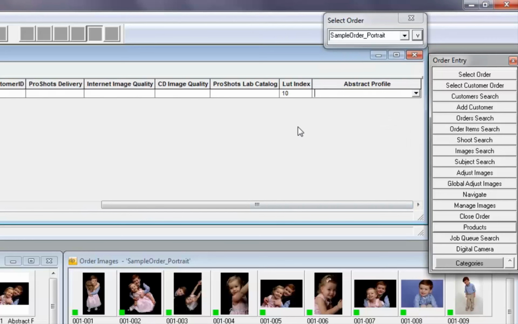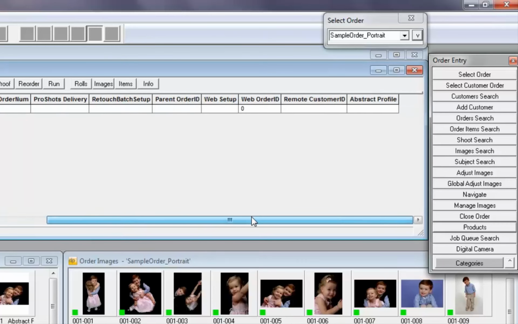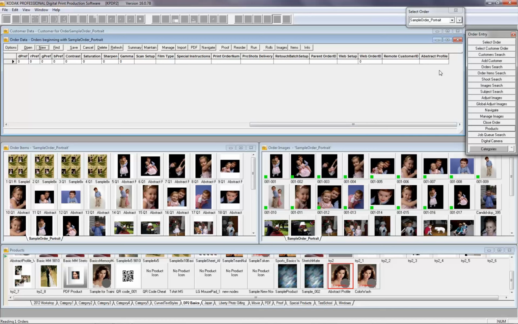Once you apply a profile to customer data, that profile will be applied to every order, across orders, and every image in those orders for that particular customer. In the order data table, we now have that same field here at the end. That abstract profile will be applied to all the images in that order. In a circumstance where you have both the customer and the order data abstract profile fields populated, DP2 is going to allow the order data table to take precedence over the customer data table